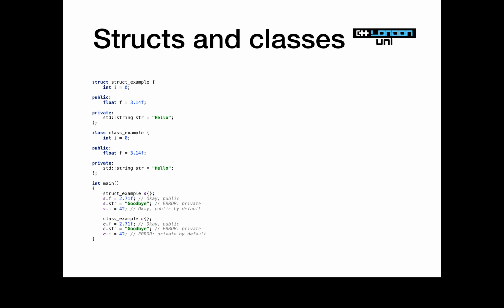Then there are no hard and fast rules, but generally we tend to use the word struct when something's a very simple type. Something probably when it has no private members or when it has no invariant that we're worried about. Using the word class kind of implies that this type is a bit more heavyweight, a bit more complicated. So in general, we'd use the word struct for simple things and the word class for complicated things. But as I say, that's just a kind of simplification.